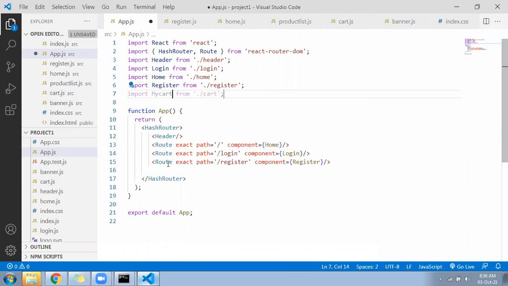Come down. Add a route, not a link. The path is cart, and the component should be MyCart.